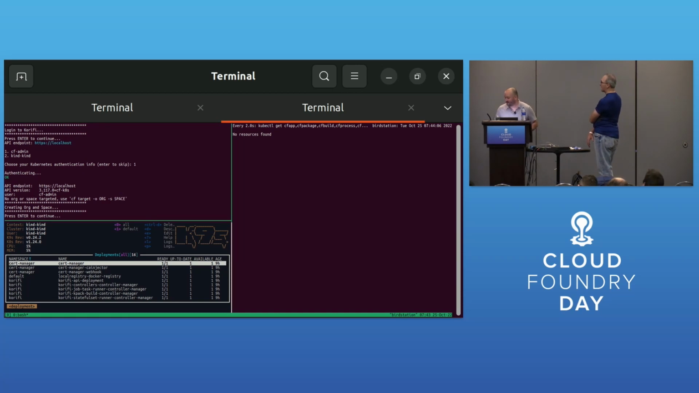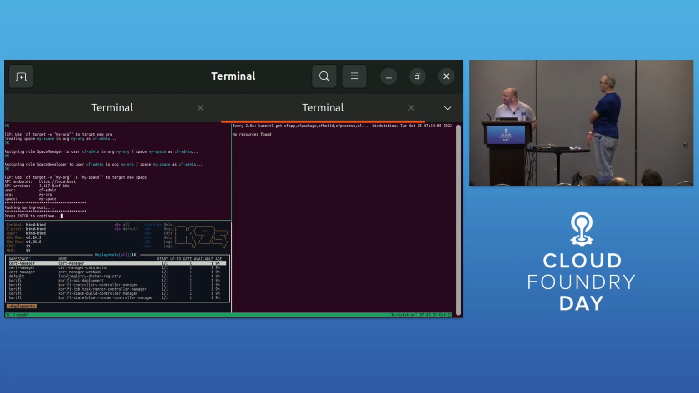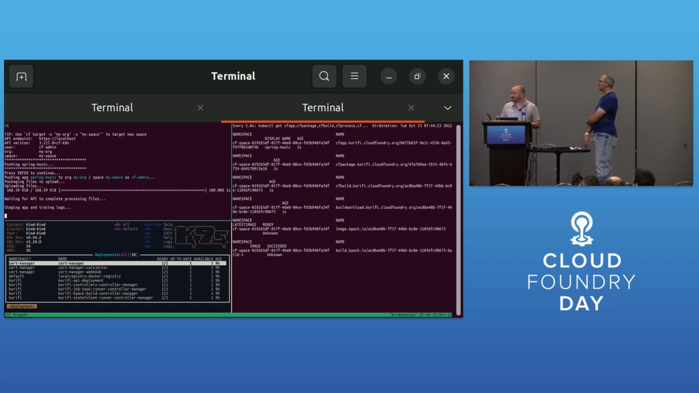So if we do that, we can then see, I believe we're targeted. All right, and then I think it says deploying Spring Music. Is that what it says? Okay, so we're going to push Spring Music, and we're going to hope for the best here because of network. But as we push that, we should be able to see resources popping up on the right, which are the various Korifi-based resources, as well as some like build images from Kpack and whatnot. And as that